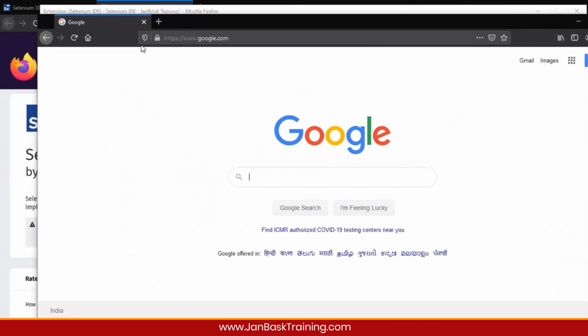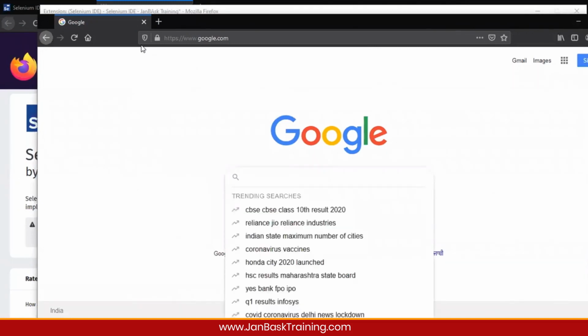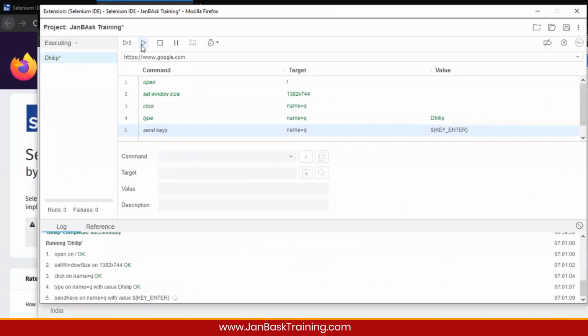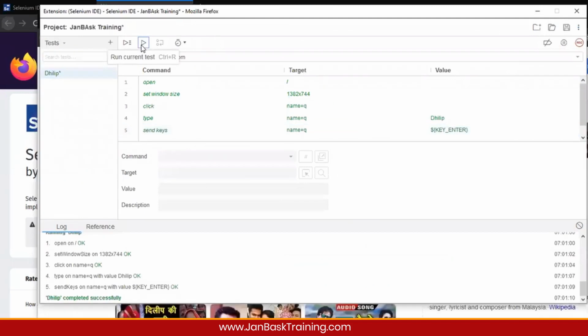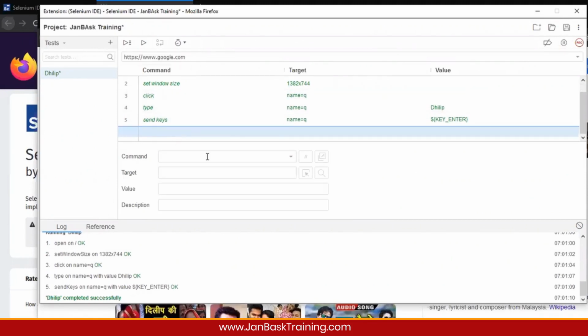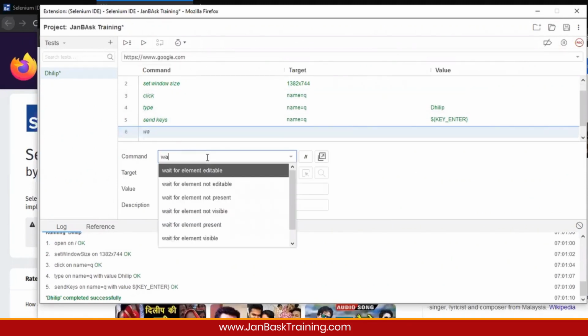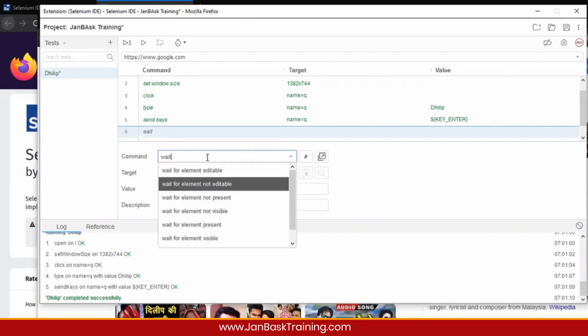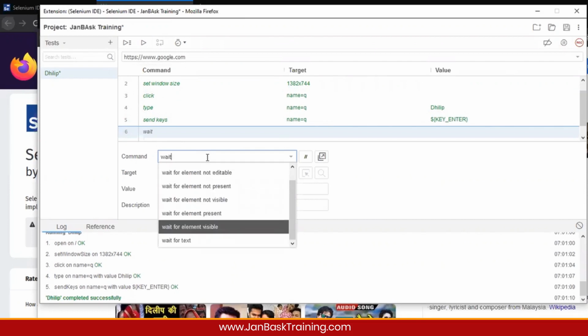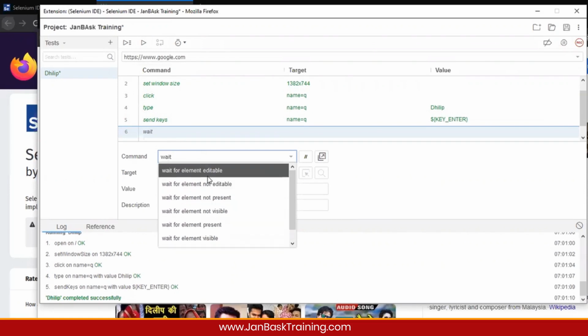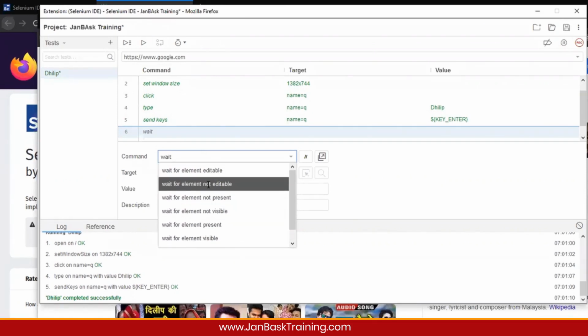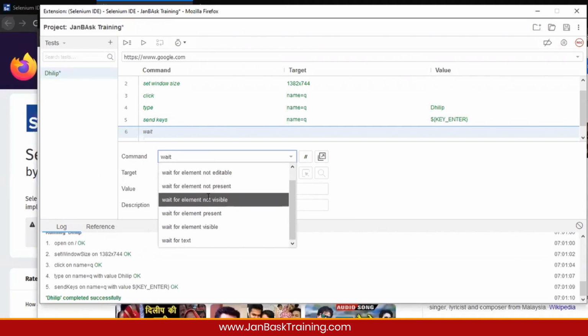Browser open, then I'll enter the name over here. Once it's entered, then I tap the enter button. So if you want me to wait, I could even wait over here. Command to wait. After insert wait.